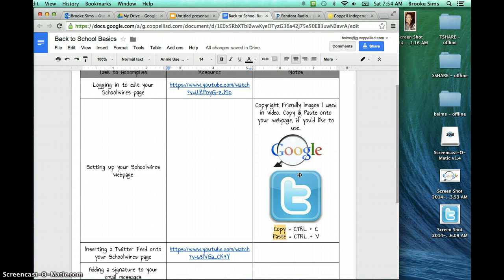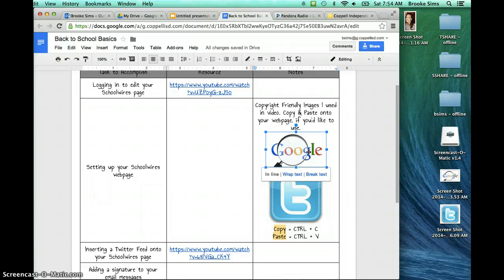The reason I've provided a Google image and a Twitter image for you is because these have been labeled as free to reuse, which means we're not going to get in trouble with copyright laws if we add these images onto our Schoolwires page. So the first thing you want to do is select an image by clicking on it with your mouse,